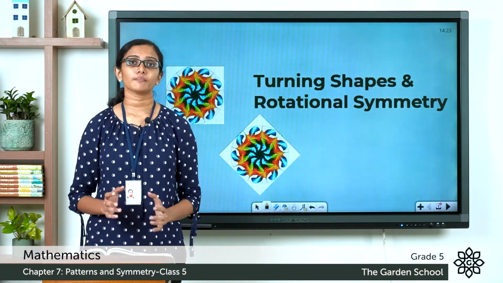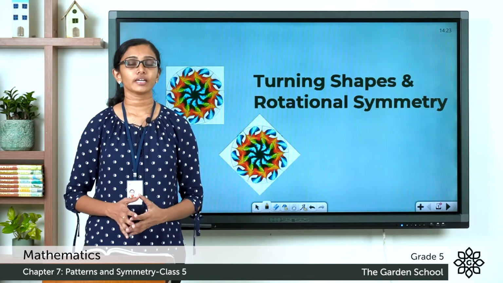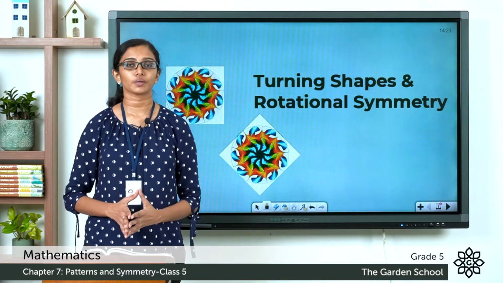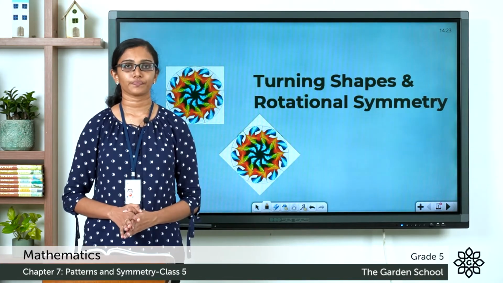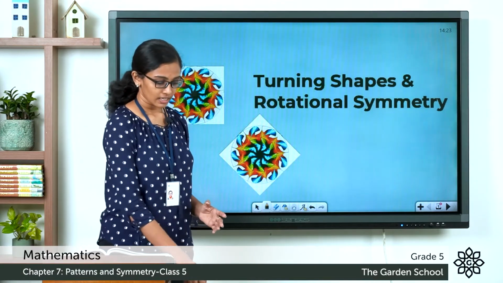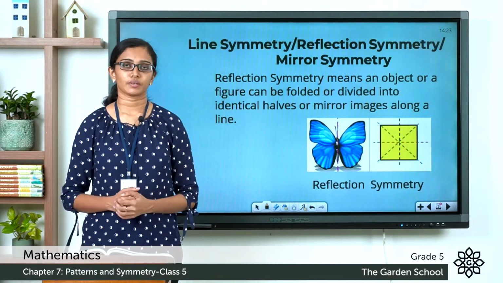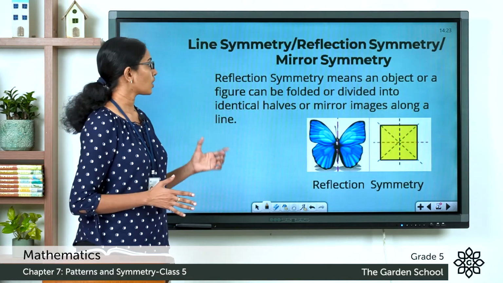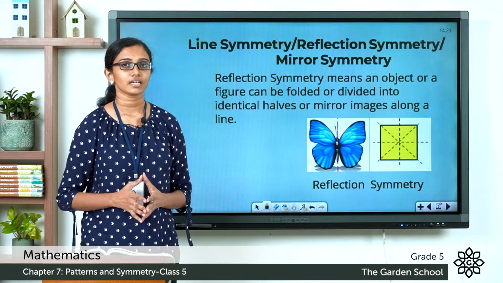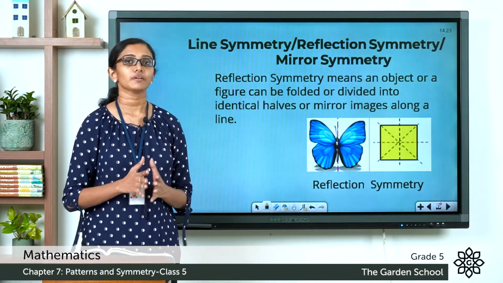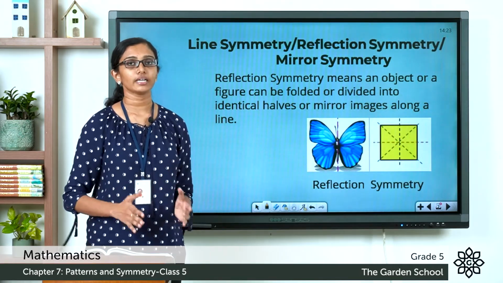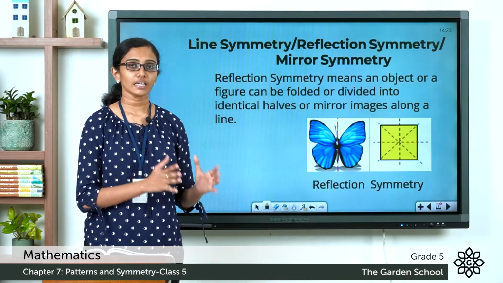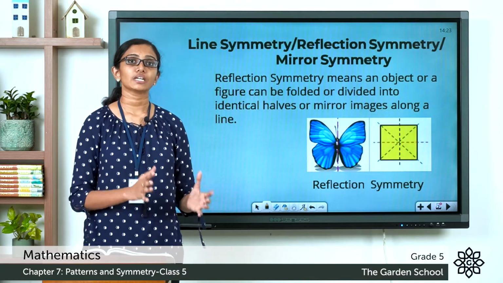We have been learning about patterns and symmetry. Today, let's learn how we can turn or rotate shapes and also about rotational symmetry. But before that, let's revise what reflection symmetry is. Reflection symmetry, or line symmetry, or mirror symmetry, means that an object or shape can be folded or divided along a line into identical halves or mirror images, and each of these two parts will be the reflection of each